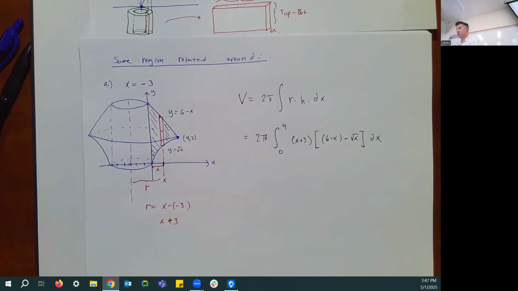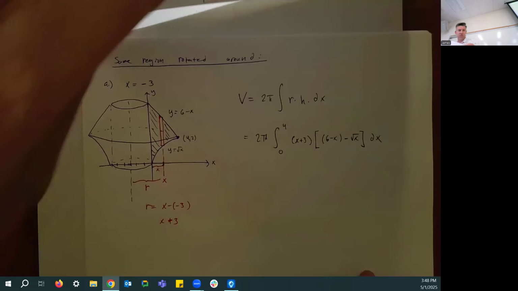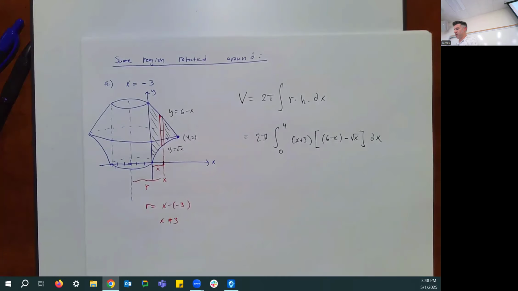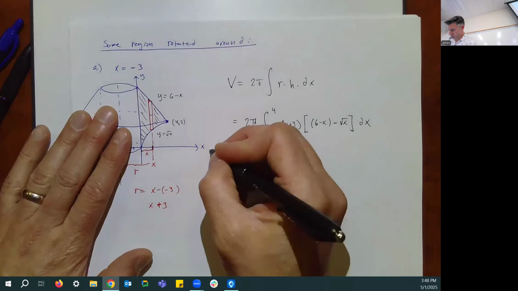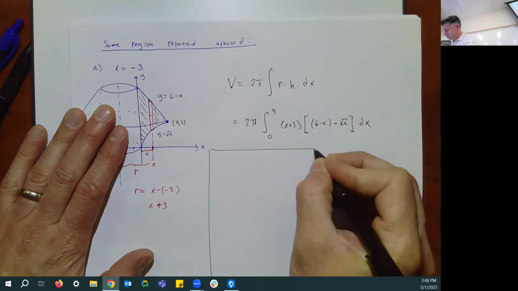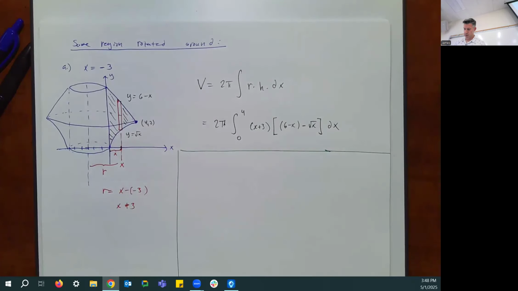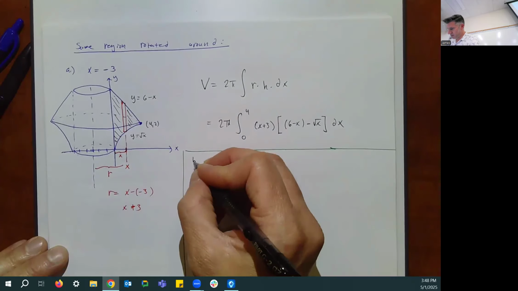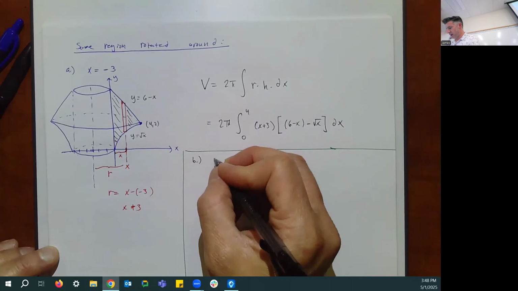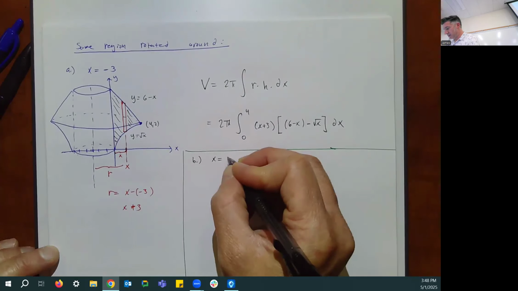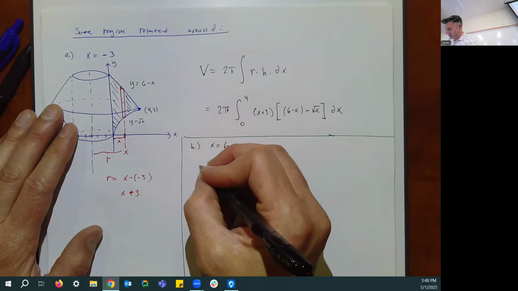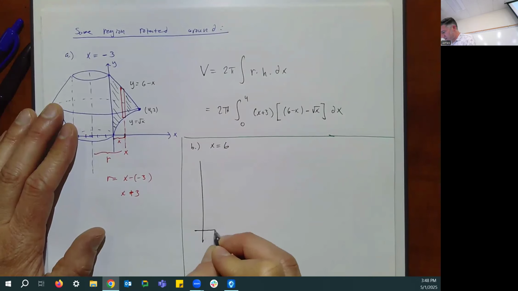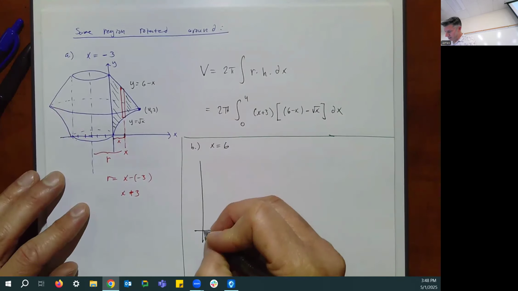Yeah. And then if we were to do one other one here, still the same region. Do I have enough room? Yeah, I probably have enough room. So now, same region, but now around x equal to, say, 6. Now here's how things are looking. I'm not going to draw the whole volume this time because I don't feel like that's particularly useful. If we draw our region again,